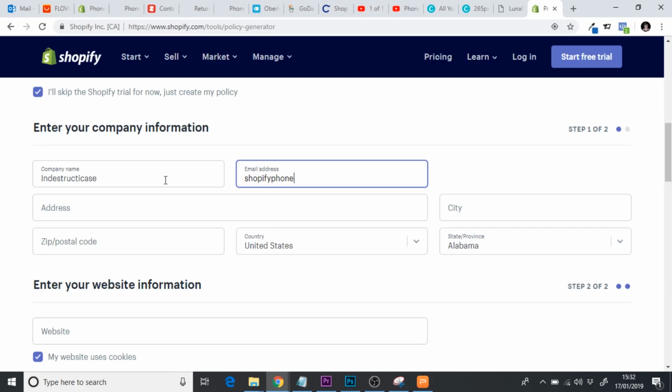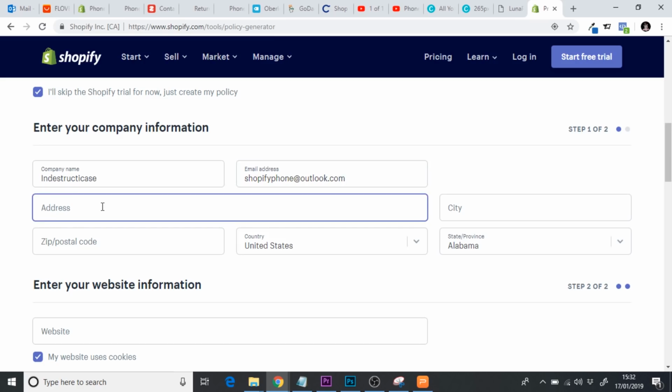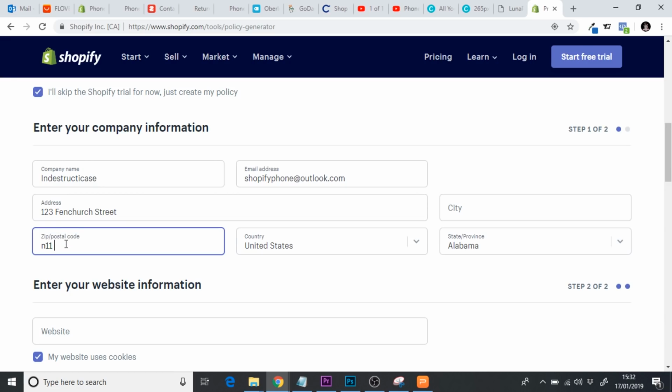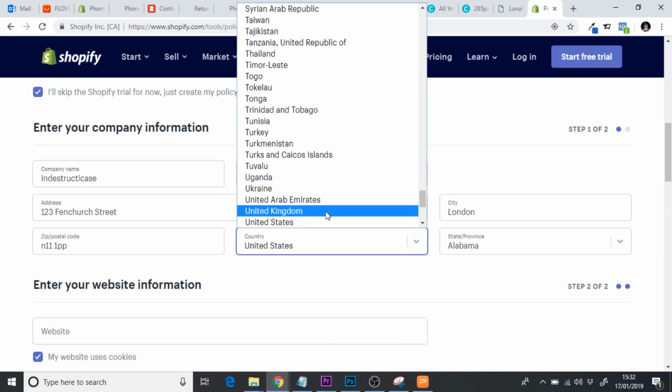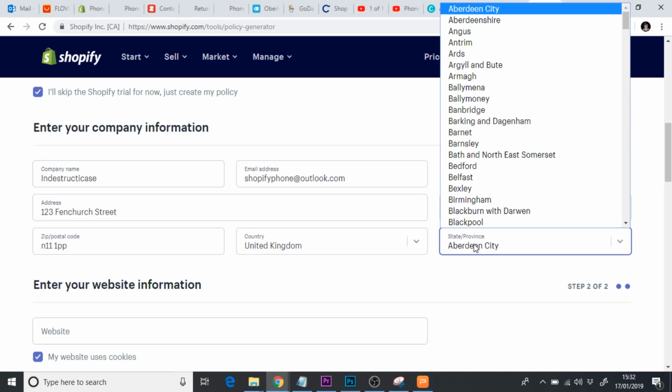Shopify phone outlook.com, and then enter in your address. So this is the address of your company. So basically you want this address to match up with your returns address. So we'll just enter in this address. And then your country, of course, your city. So we can just say London. We'll change this to United Kingdom. And we can just change this to,